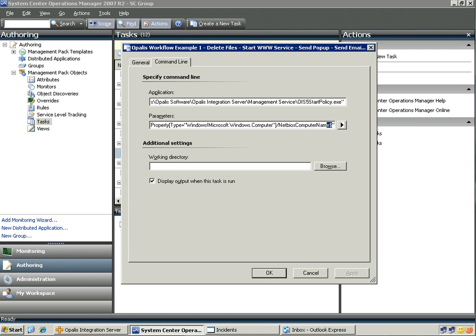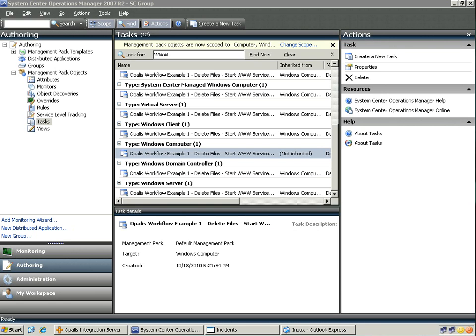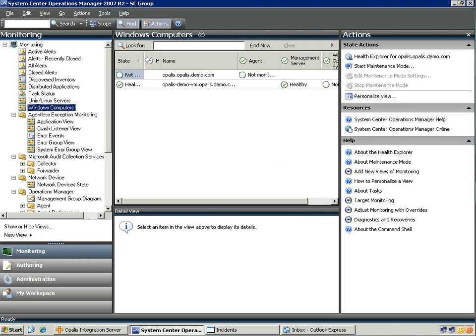So that's the magic way to incorporate the Opalis OIS-5 start policy into a task, and it gives you the ability to pass in parameters, which is kind of nice actually, because it makes the experience in here